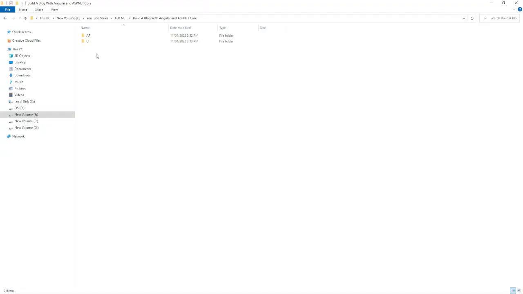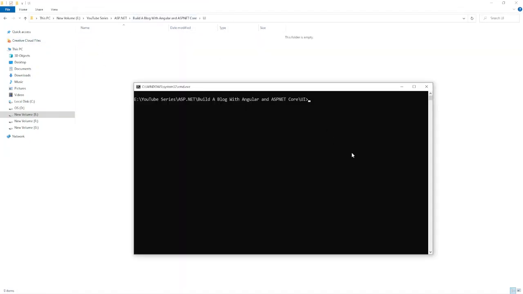To create a new Angular application, I've come back to my folder structure and I will go to my UI folder. And as you can see, I have a command prompt window open. If you are using a Mac, you can use a terminal. In here I have Node.js installed, npm installed, and I also have the Angular CLI installed as well. So after you have these two things installed, you can use the Angular CLI to create yourself an Angular application. I will create the application by saying ng new and then the name of the application, which will be the dev blog,